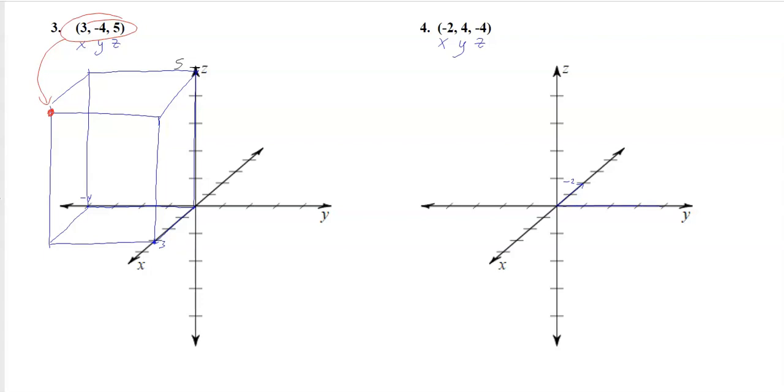So that kind of makes the bottom of my box. So right here is the 2 back and the 4 over. Now we got to go down negative 4. So I got to go down 1, 2, 3, 4. And then I want to kind of complete this